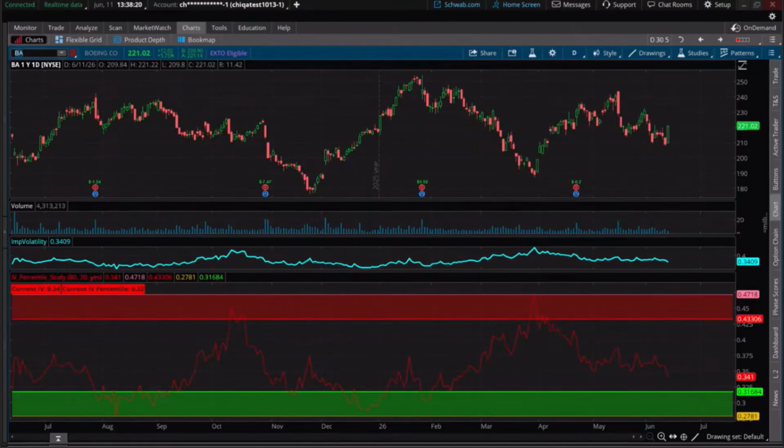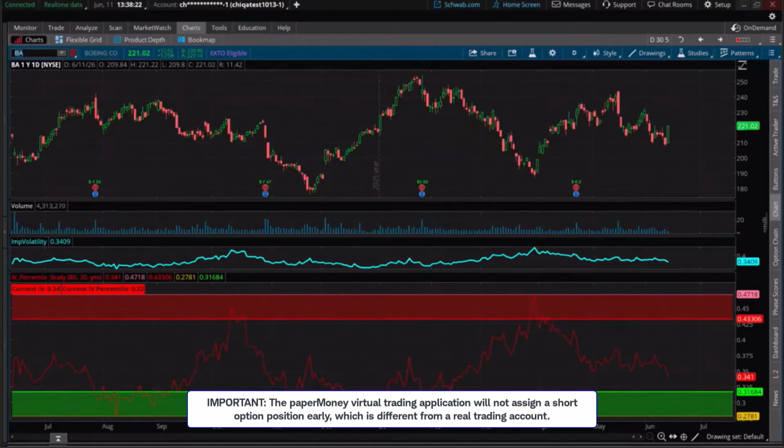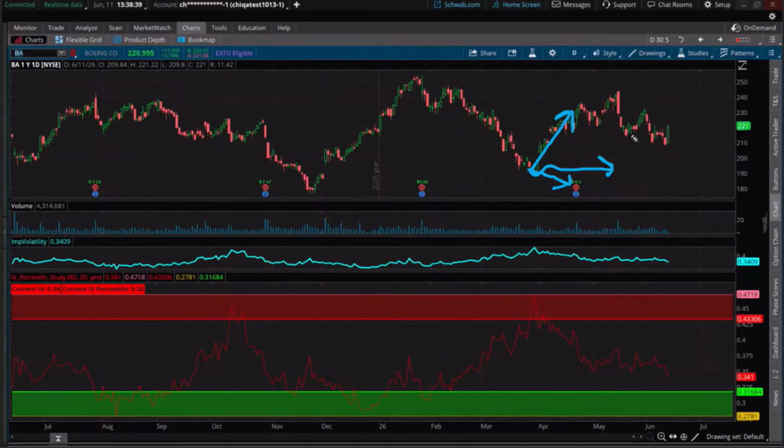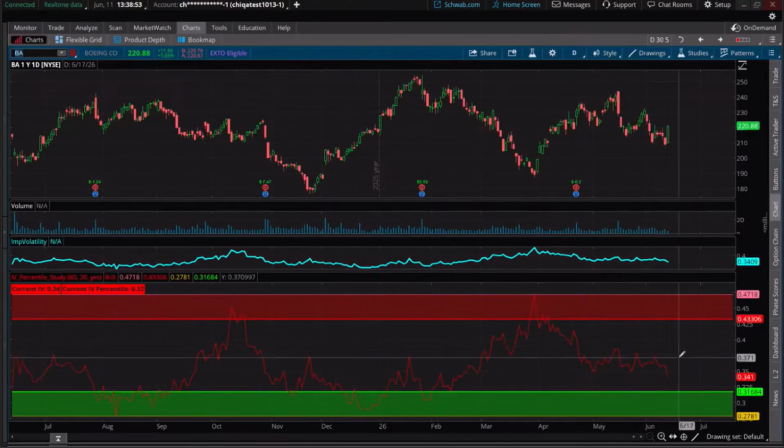Okay. Now, a quick note, short options can be assigned at any time, as we mentioned, but traders are basically stating, if I'm selling a put down here, they might be anticipating, if I hold above that level, in other words, prices go up as much as they want, if they go sideways, even if they go down to a degree, those are three ways that a trader will anticipate making the max gain if they hold it all the way to the end, if it holds above the short put. So it's an income strategy, and this is a really cool tool. So let's take it to the next level.